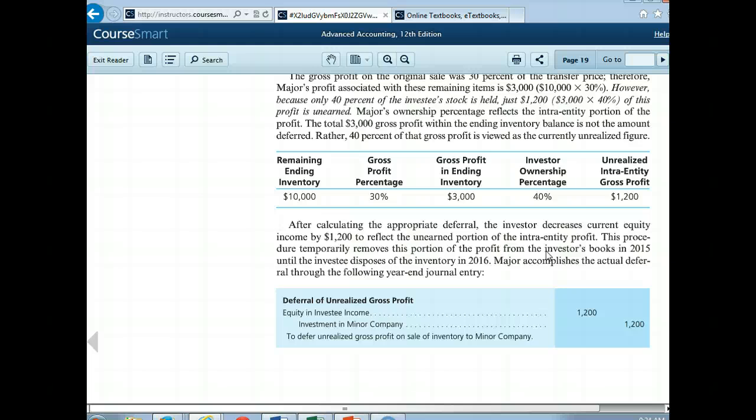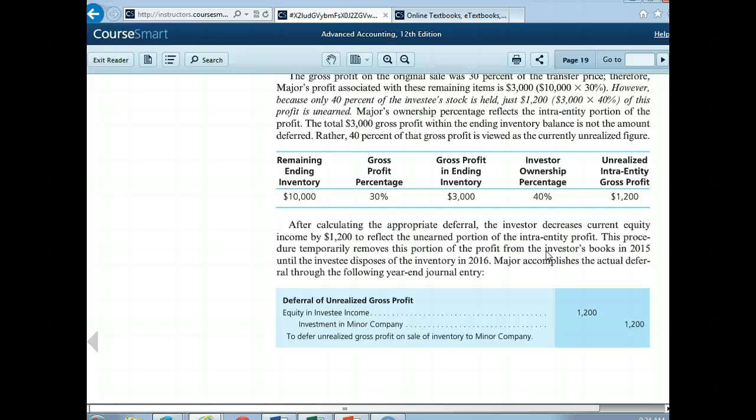So as you can see here on this journal entry, the way in which we will handle that is a debit for the equity account. Think about it. Normally, on our books, on the investor's books, their equity has been increased because they promoted the sale. But because it was to the